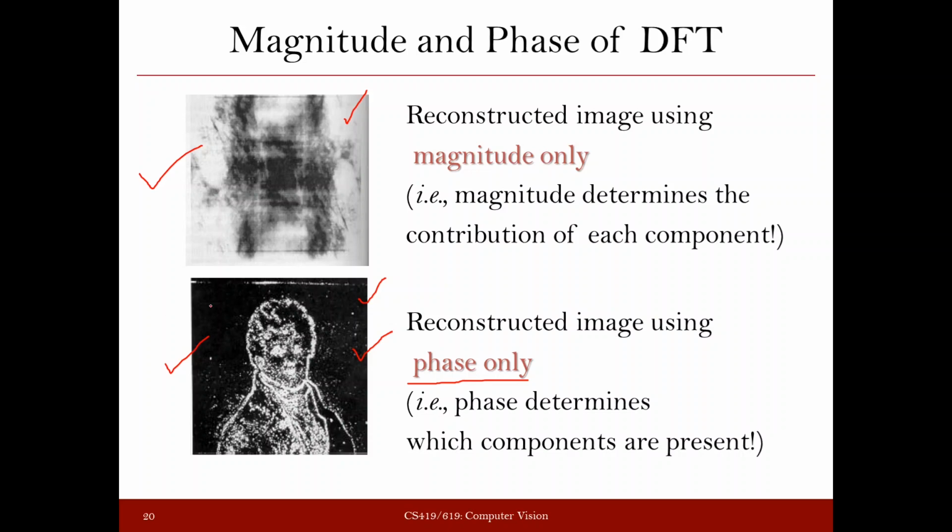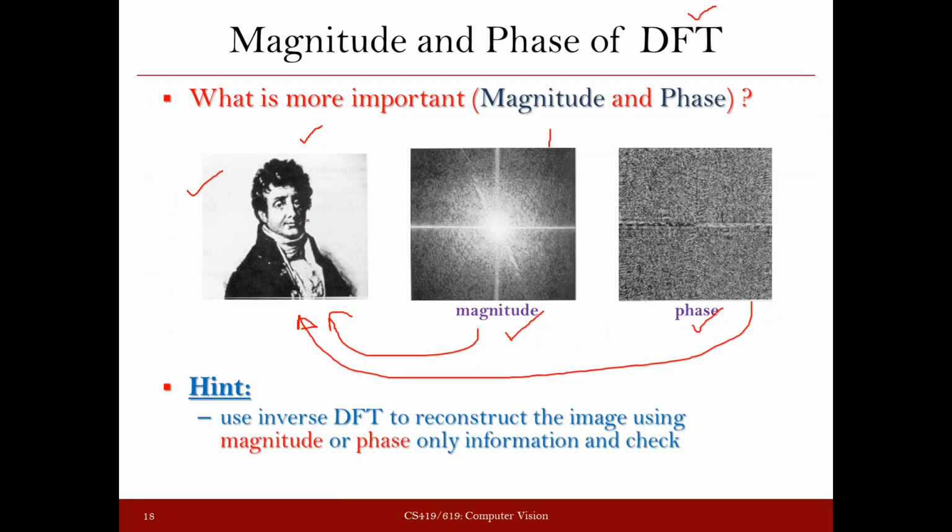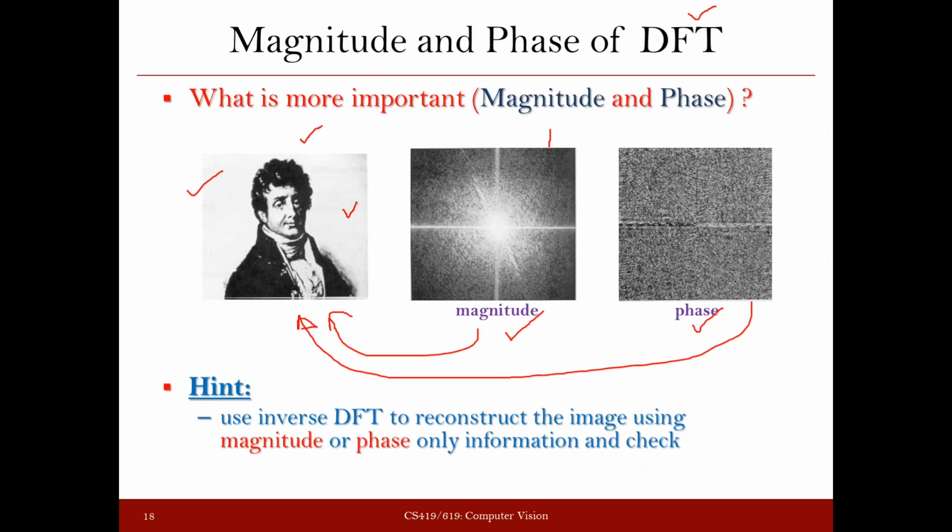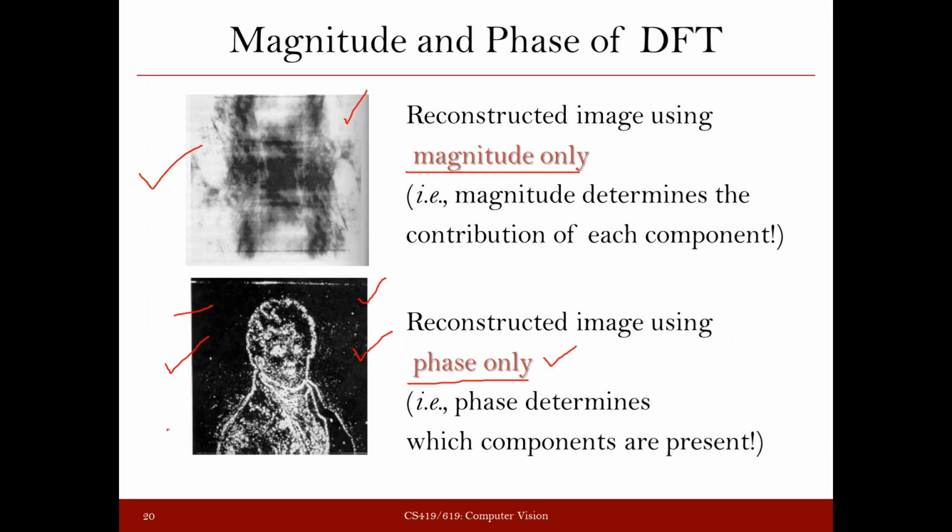Now, why is this image not exactly looking like the original image? Because to construct the image back, we need both magnitude and phase. But what we have done here, in this example, is that in this case we have only considered magnitude, and here we have only considered the phase. So that is why what you are getting here is not exactly what you supplied at the time of performing the Fourier transform, which was this image. We are getting something close to it, and we see that this image is close to your input. This image is not at all telling you anything about the input image.